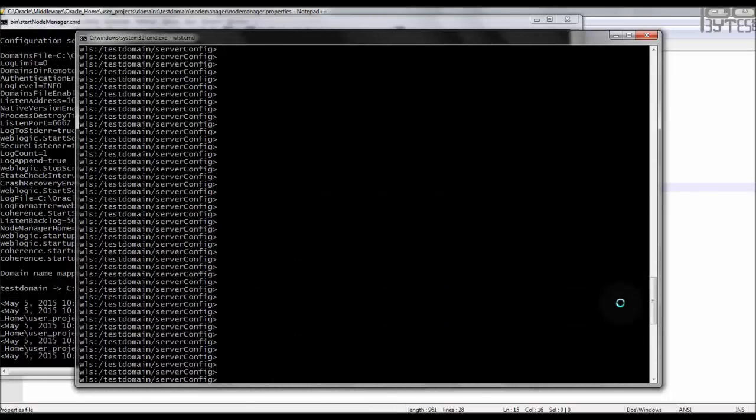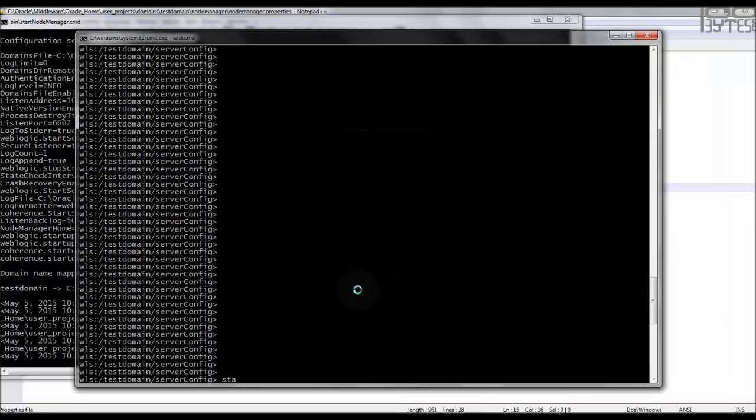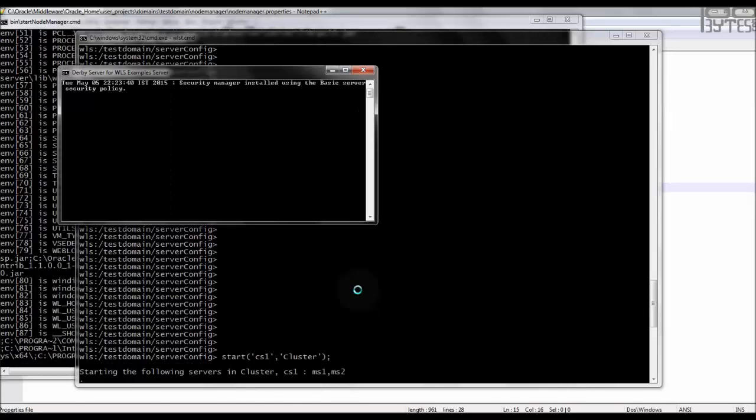Now I will show how to start the clusters. In our cluster 1 we have managed servers that have to be started. So if I issue a command to start cluster 1, it will internally start both the managed servers. So start cs1 cluster. Remember that if you want to start any cluster or managed server from the WLST, the node manager has to be running, the admin server has to be running, and you should connect to the admin server, and only after that you can issue